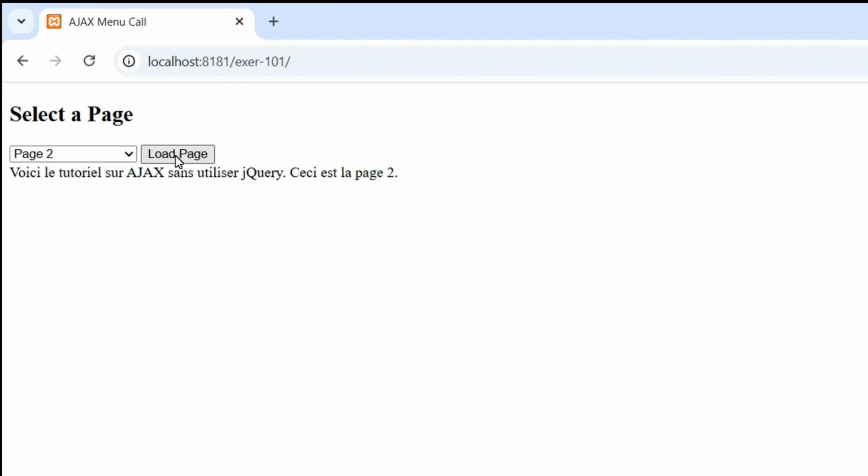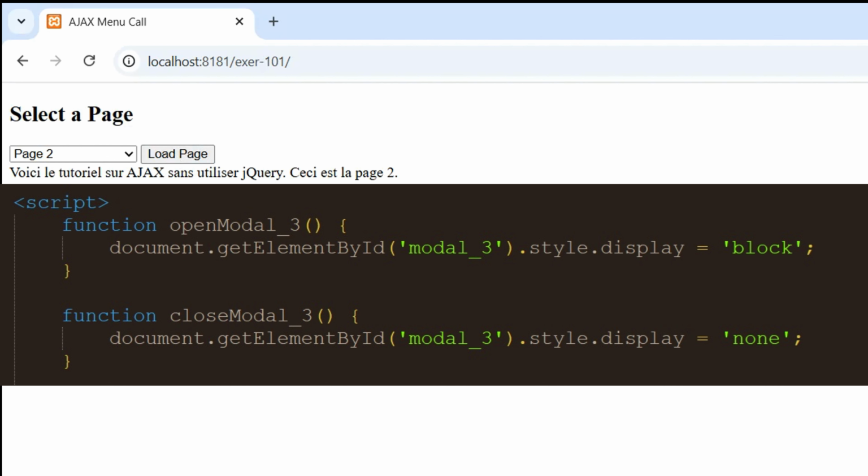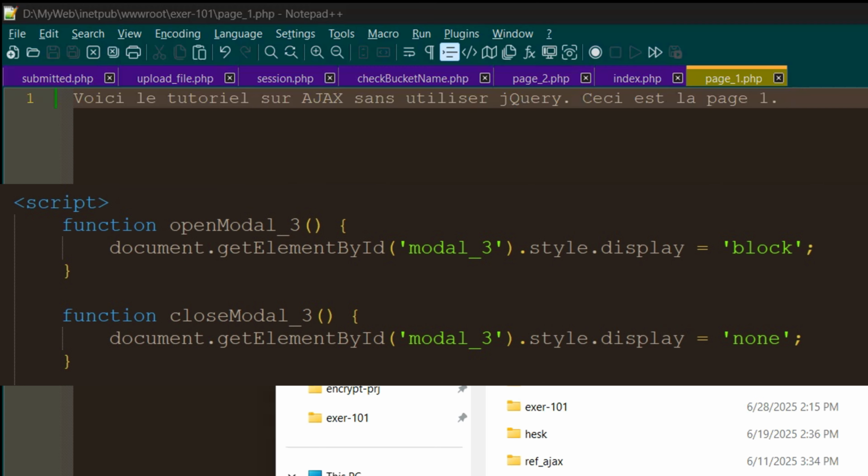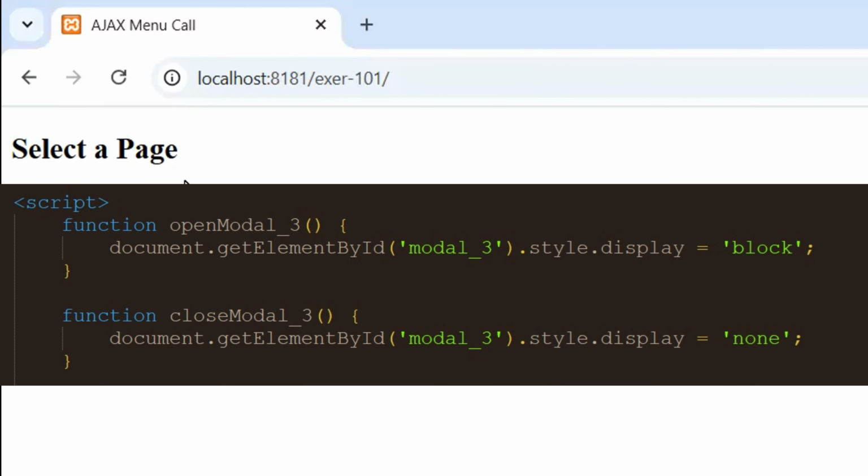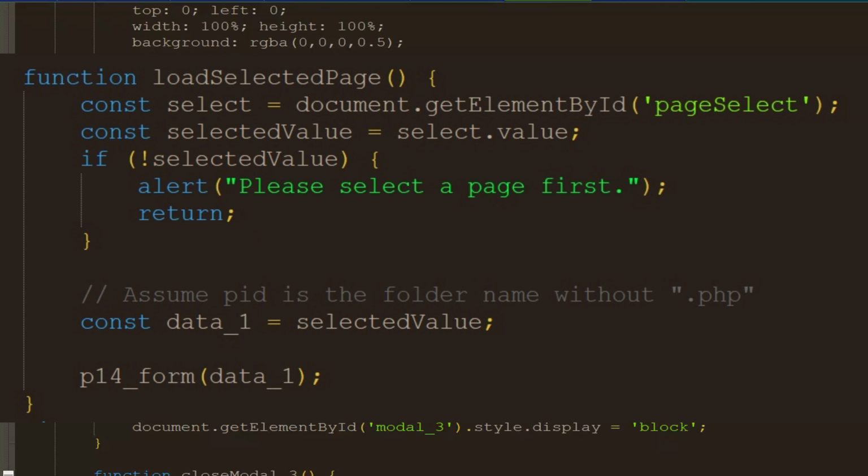JavaScript functions. Now, let's explore the JavaScript that makes this all work. 1. openModal3 and closeModal3. These functions simply show or hide the loading modal. function openModal3() { document.getElementById('modal3').style.display = 'block'; } function closeModal3() { document.getElementById('modal3').style.display = 'none'; }